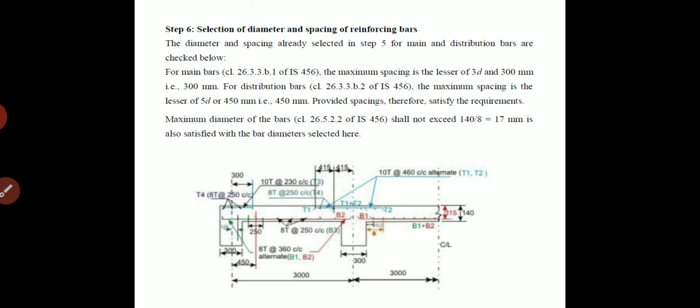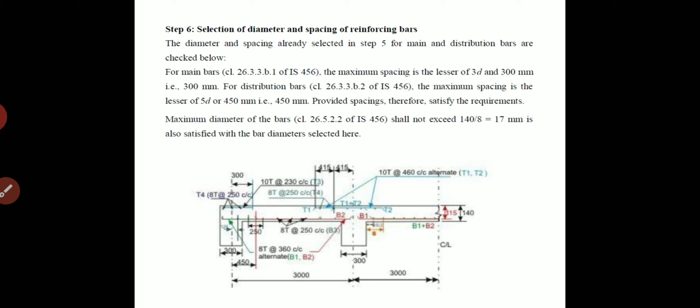Here d equal to 115, so 115 into 3 is greater than 300 mm. So here 300 mm is the lesser value of the two, so we select 300 mm.